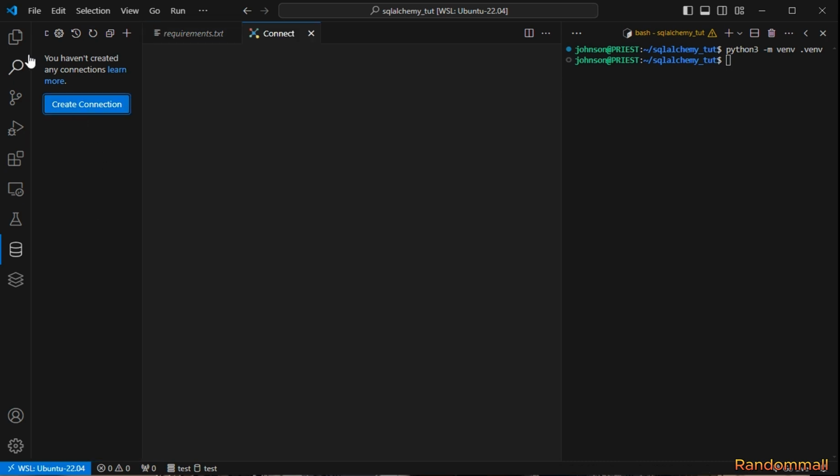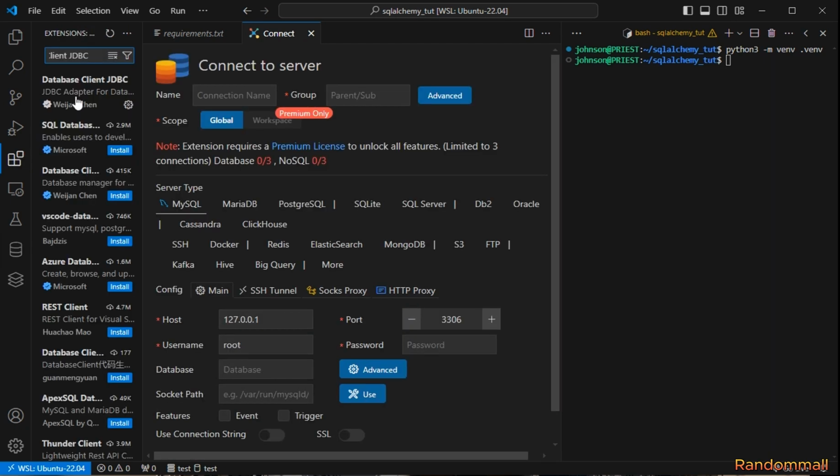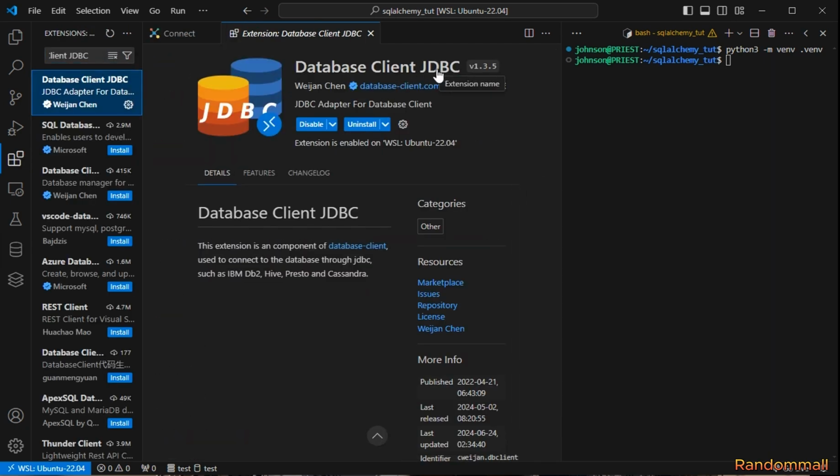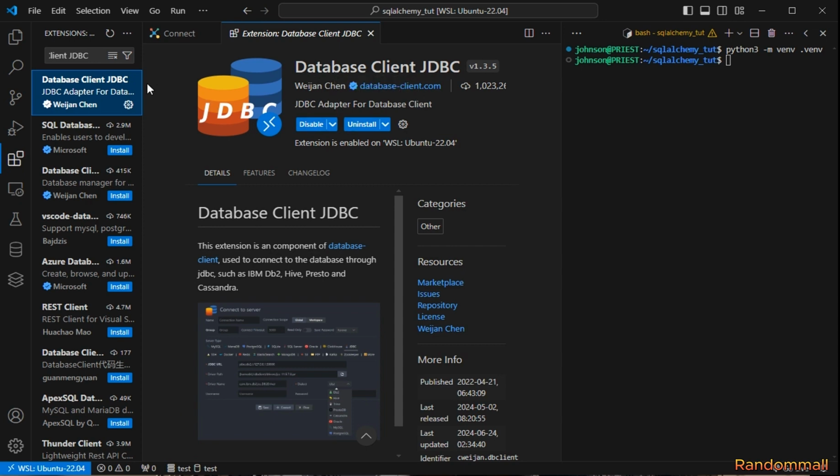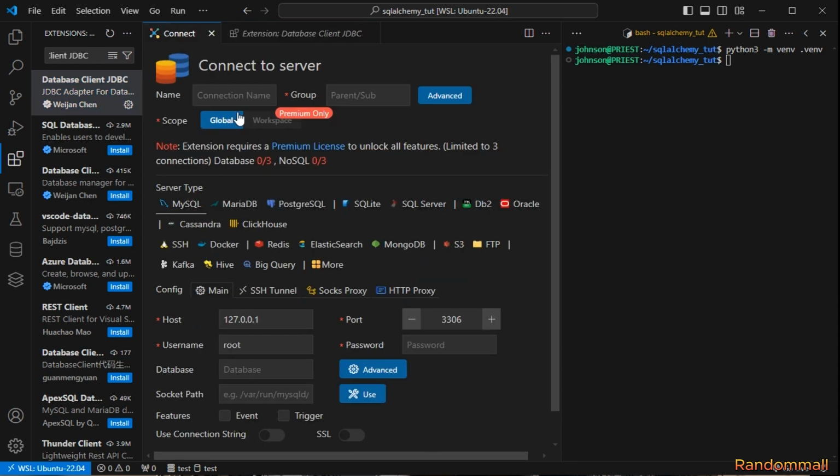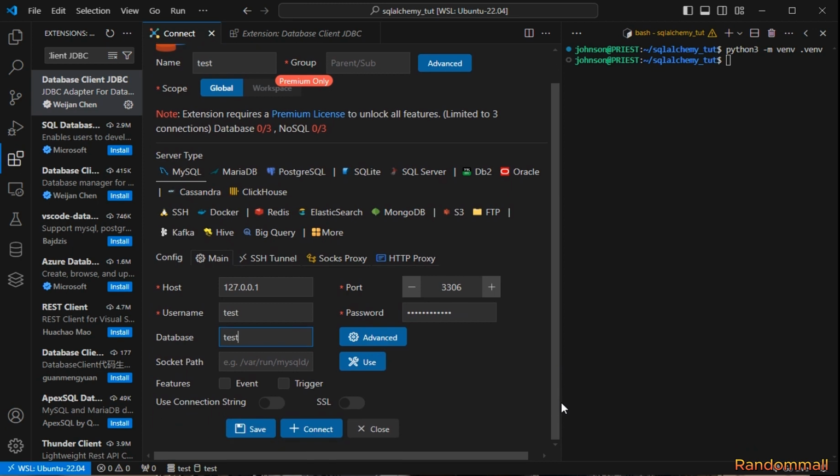and the extension is, let me open this. This is the extension. You can search for this in the extensions and install it, and then to connect you can give it a name. So the name of mine is going to be test, and the user for connecting is going to be test, and the password I have is, I'm going to enter my password here, and then the database name, which mine is also test, and then we are going to save this,